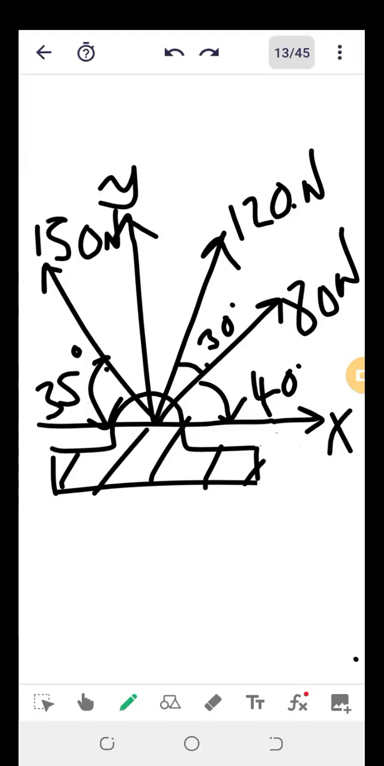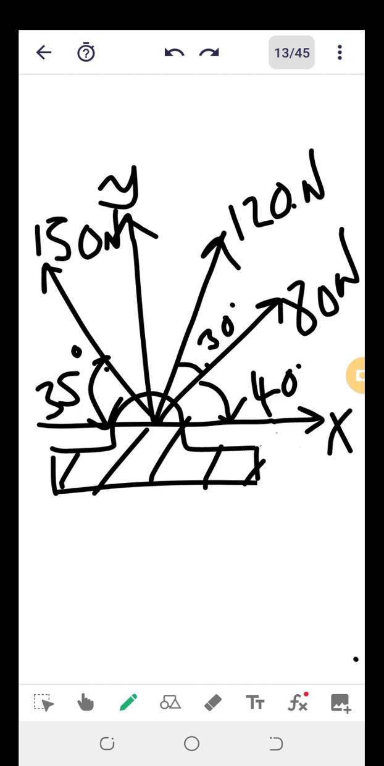Hey guys, so in this screencast we shall discuss vectors, the resolution of forces under vectors. So in this case,